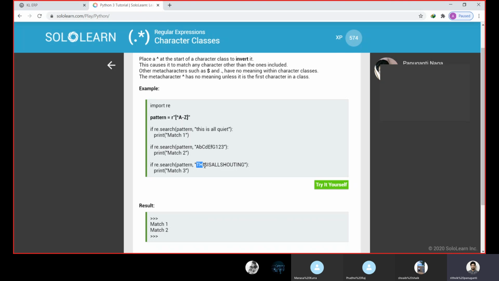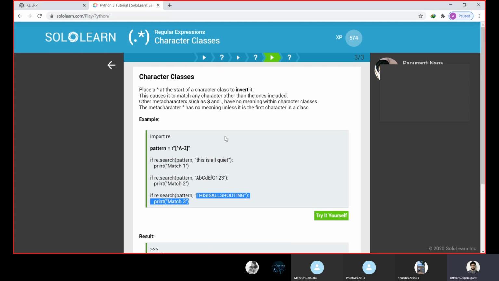But here we have given all the string characters in uppercase, so this will not be executed. This is false, so this can't be printed in the output. Actually, if we didn't give any invert at the start of our expression, this would be false and this would be false, only this would be executed as true. But we are inverting here, so this is true and this is true, and this will be false. That is the use of inverting the character class.